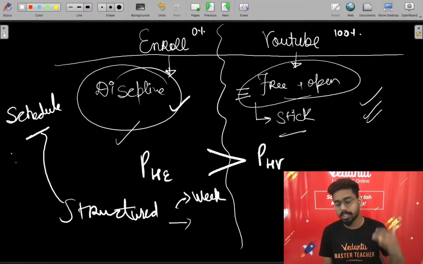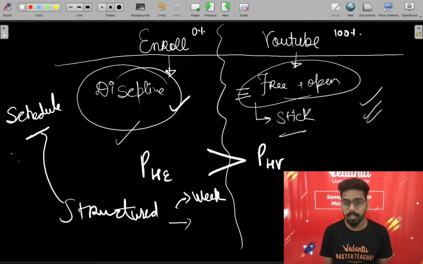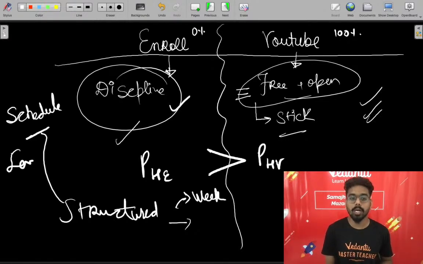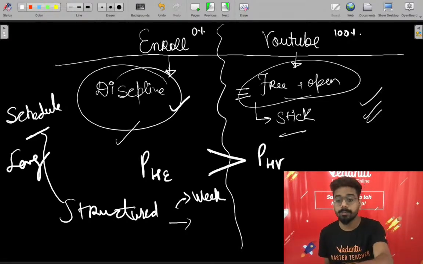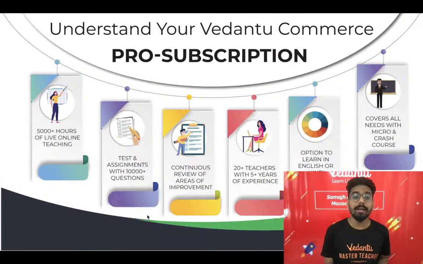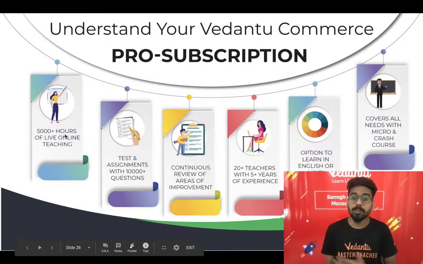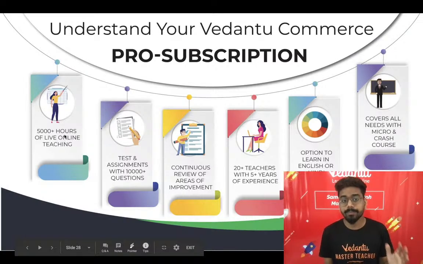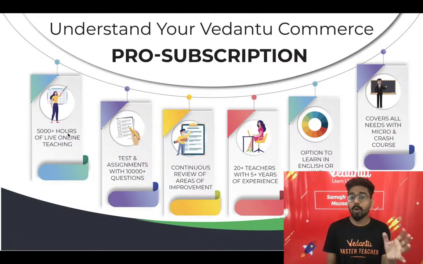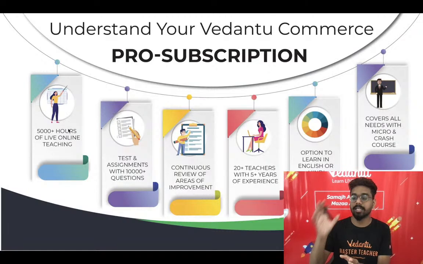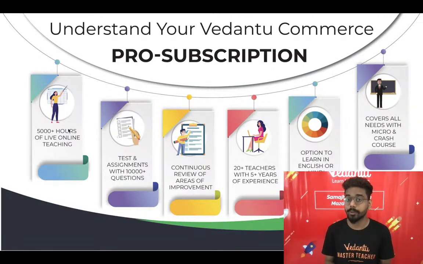ऐसा भी नहीं होगा कि it's proper Hindi, proper English. If you're comfortable Hindi, go with it. If you're comfortable English, go with it. So you can choose your language. आप अपनी language choose कर सकते हो. ठीक है. इसके अलावा क्या है, you can access as many as hours that you wanted to learn. Okay, but you will have a proper structure. आपको बोल दिया जाएगा कि इतने बजे क्लास है according to your schedule, according to your given schedule, and then